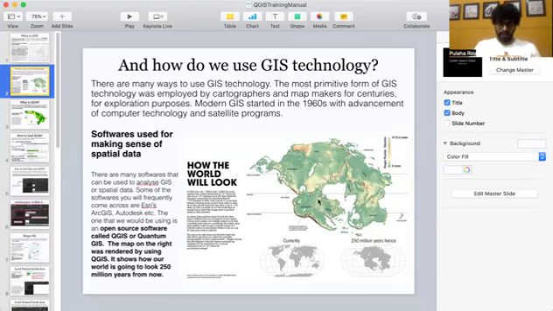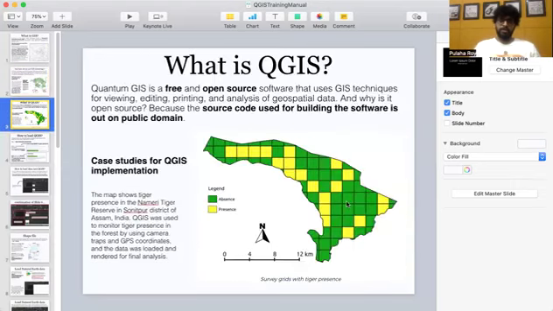And here is a map of how the world is going to look 250 million years from now. It was done by me. It was rendered by me, and this map was rendered on QGIS. So here's a brief example of what you can do with QGIS. Here's another example of